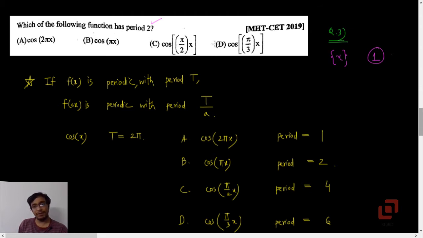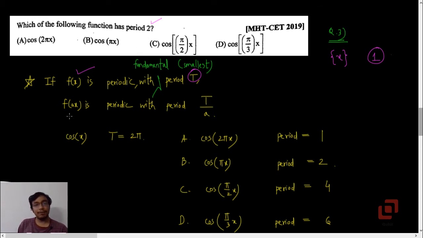And we have everywhere cosine functions. The arguments are different: 2 pi x, pi x, pi x by 2 and pi x by 3. Now I can prove this, but I'll just state the theorem. If f of x is periodic with period t, now I should just make a change. I should say fundamental period or the smallest period. And even when they say function has period 2, they mean the fundamental period.